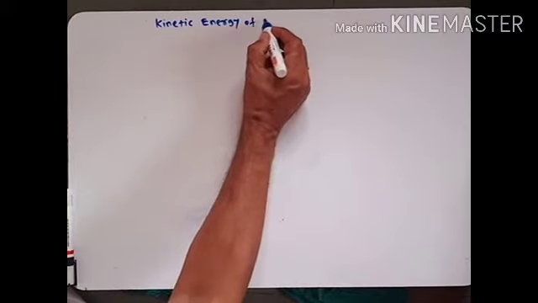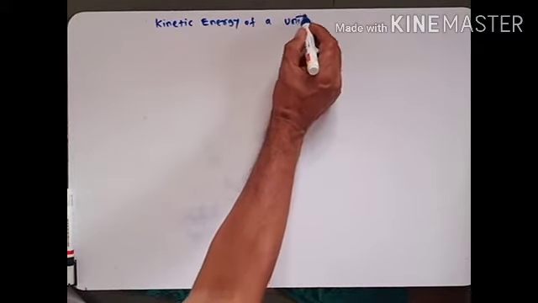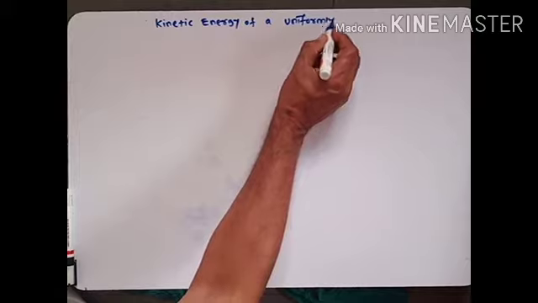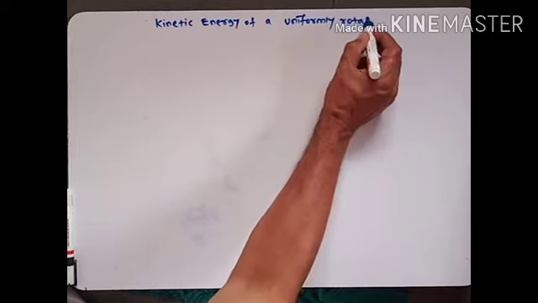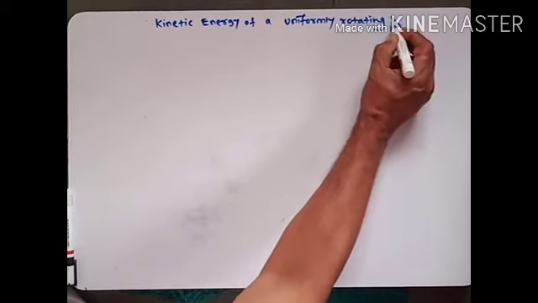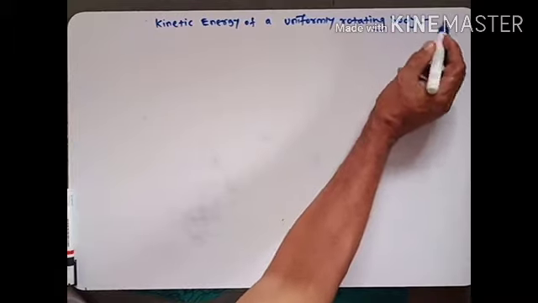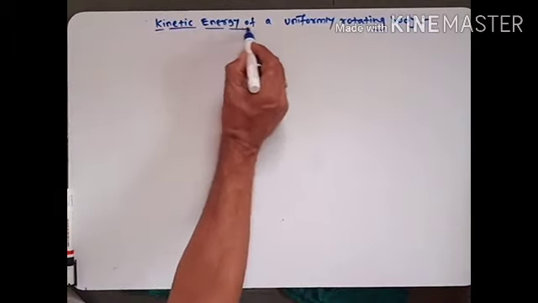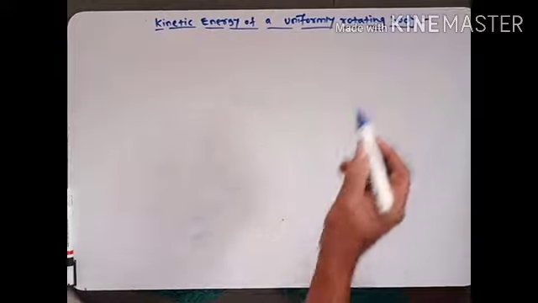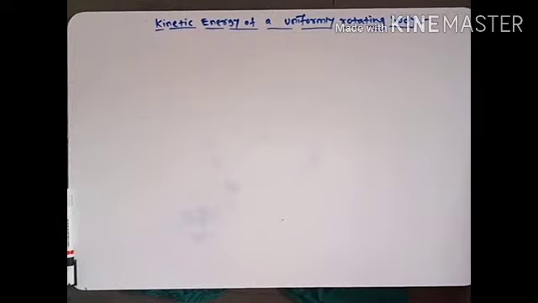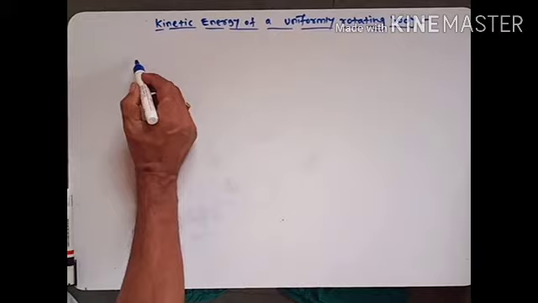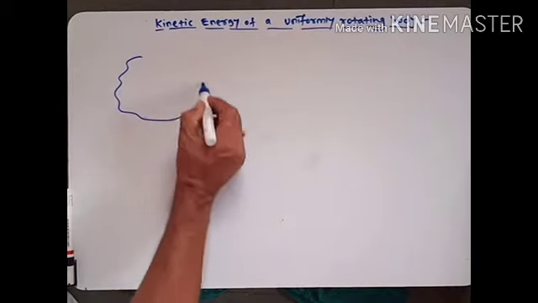Kinetic energy of a uniformly rotating body. Kinetic energy of a uniformly rotating body. Lecture number 6. Now here we consider, suppose any body rotates, then suppose we consider this is a body of